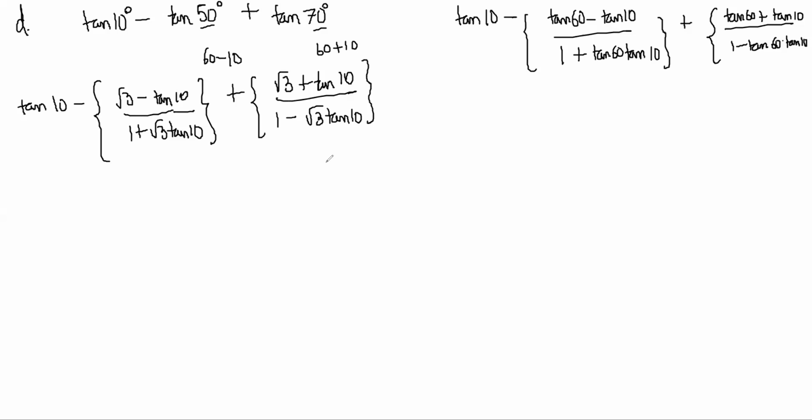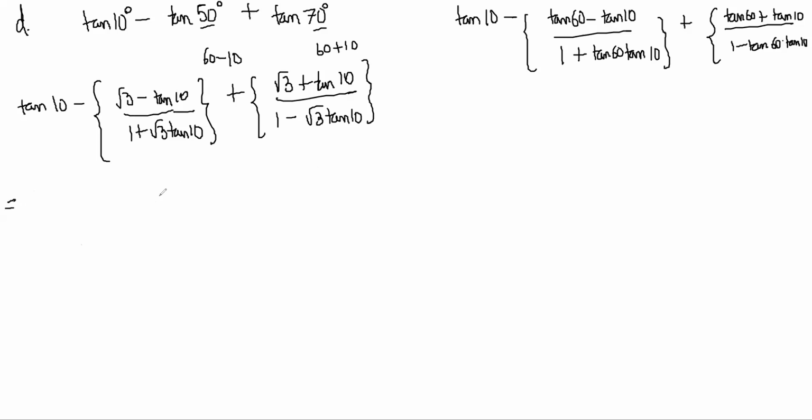So isn't there a better way? Because if you take everything as sine by cos and then take a common denominator, you get cos 10, cos 50, cos 70. That's nothing but cos 60 minus theta into cos theta. But the problem is that there are three terms in the numerator. It will be annoying to handle those three terms. If it was two, it would have been fine. But the numerator is anyway going to be annoying. So, you can try it. Maybe that is also going to work out.